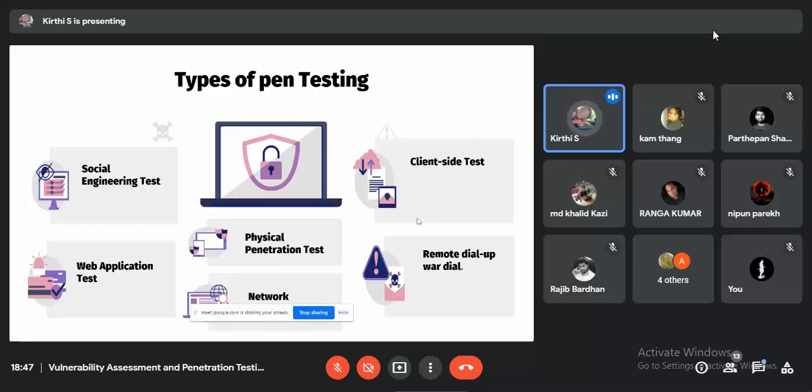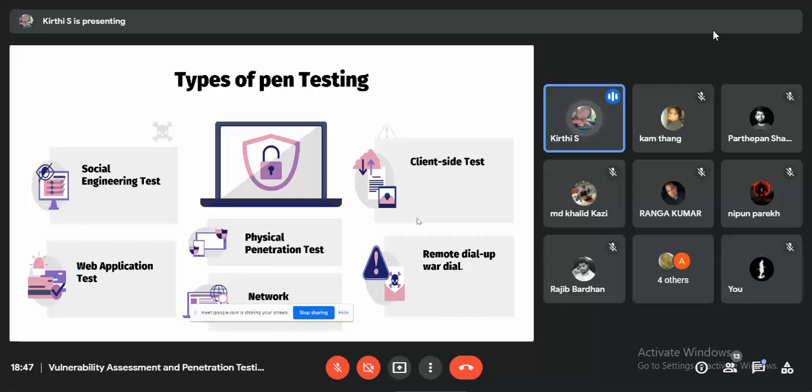Network penetration testing is the most important one. It is used by everyone, and it is important for every organization to test. Many attackers can gain access through the network, through open ports or any kind of patch in the network. This testing is done with tools like Nmap or Wireshark.